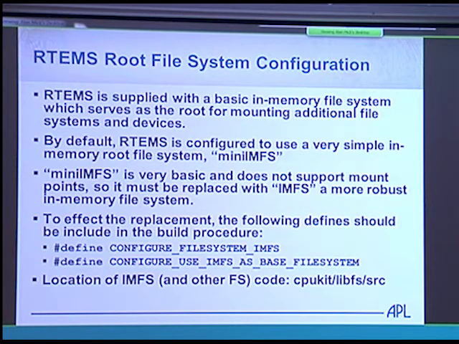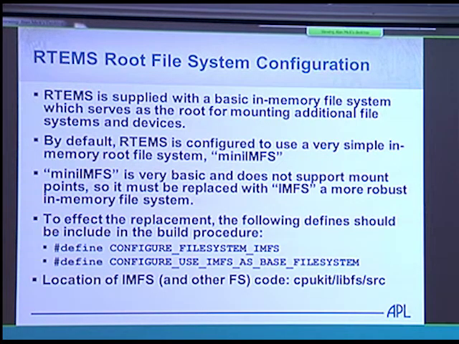You have to define CONFIGURE_FILESYSTEM_IMFS, and CONFIGURE_USE_IMFS_AS_BASE_FILESYSTEM. And when you do that, magically the mini IMFS goes away, and the IMFS proper comes in, and you can then start integrating custom file systems into the